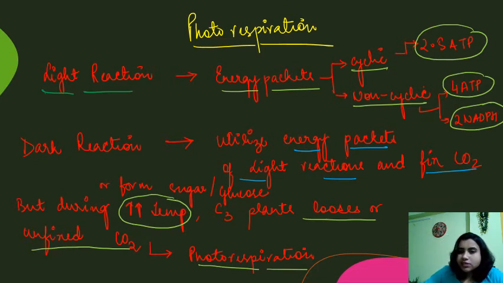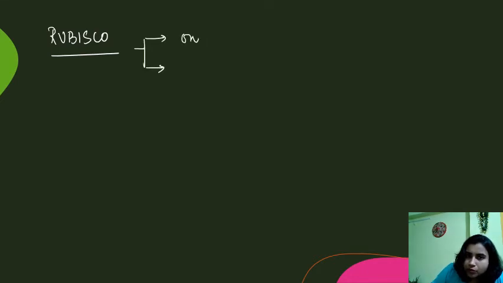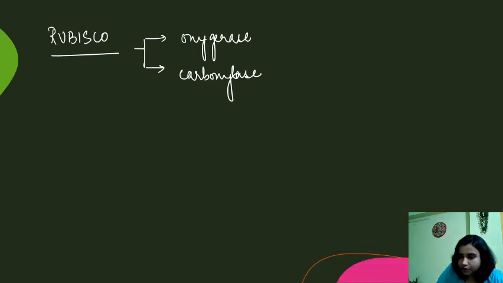So this process, we can also call it a wasteful process. The mechanism, we will see why this is wasteful. In the mechanism, we know there is an enzyme called Rubisco. Already I told you about this. Rubisco has both oxygenase and carboxylase activity. Oxygenase activity is taking place